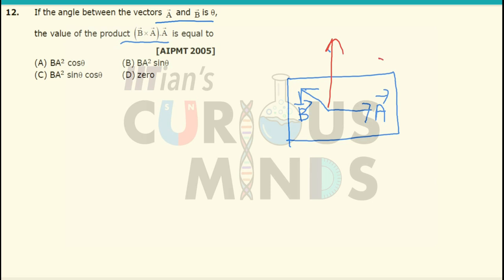So if I say that this is a certain x and this is a certain y, in any given plane, for the time being I am taking it as x and y, then x cross y, that is a cross b, will be perpendicular to this plane. Now b cross a or a cross b will be perpendicular to this plane. So now over here, since a cross b or b cross a is perpendicular to this plane, the dot